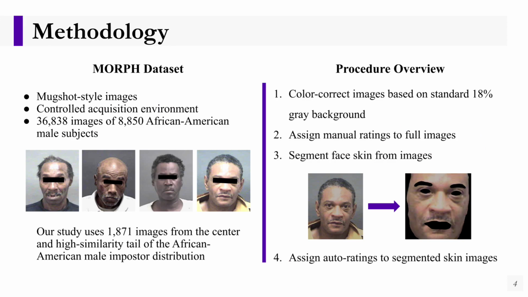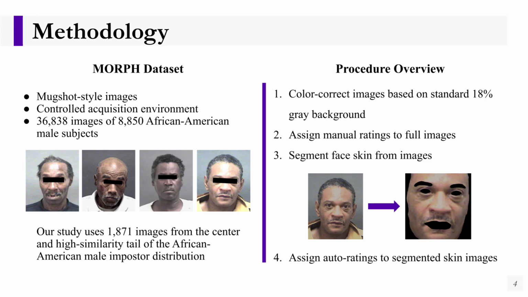In this study, we used the Morph dataset, which is a collection of mugshot-style images taken in a controlled acquisition environment. The African American male cohort of the Morph dataset contains 36,838 images of 8,850 male subjects. In our study, we used 1,871 images from the center and high similarity tail of the African American male imposter